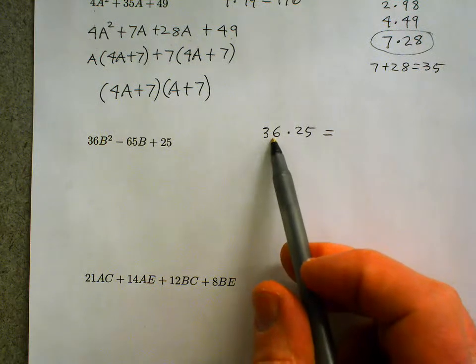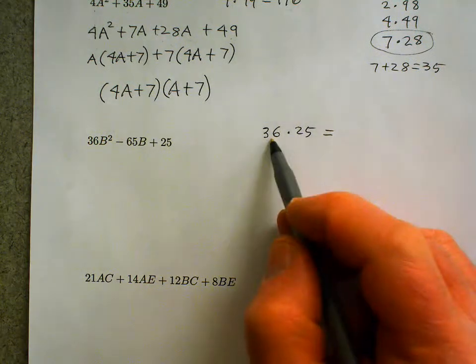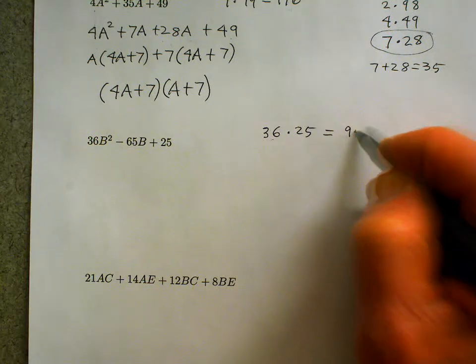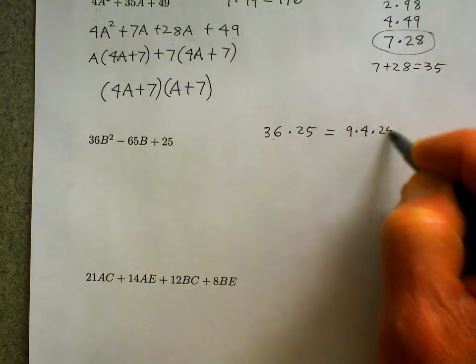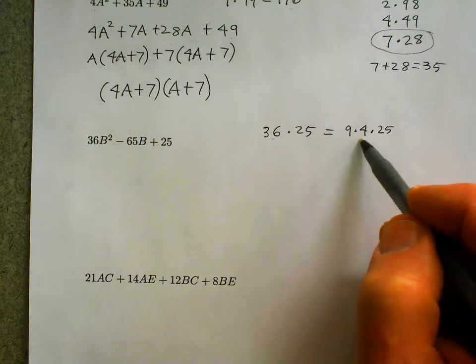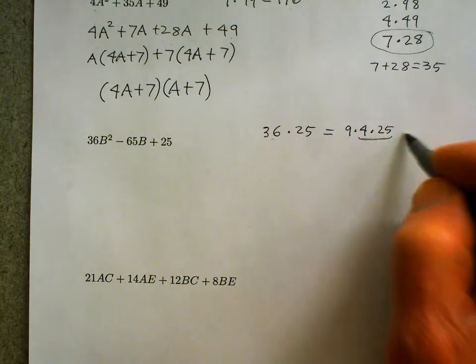Well, one thing you can do, notice 36 is 9 times 4, and 25, we leave that the same. So the reason I did that is because I know that 4 times 25 is 100, and then 9